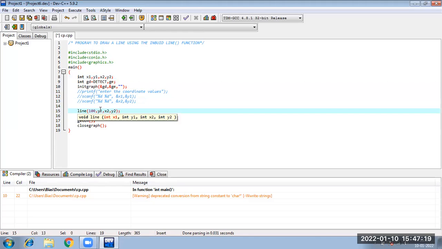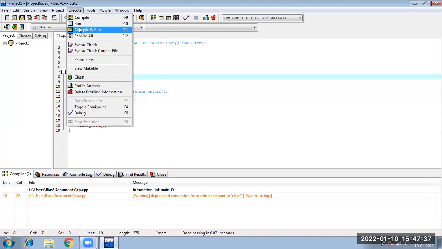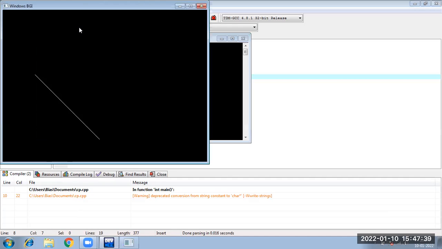So x1, y1, x2, y2. Fine. So I am specifying in this statement only. I am not taking any input, directly it will draw me the line. So anything you do, the line function takes 4 values as parameters, x1, y1, x2, y2.